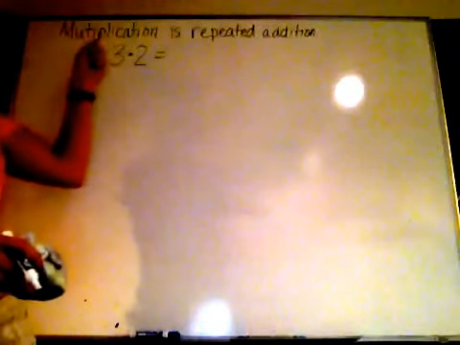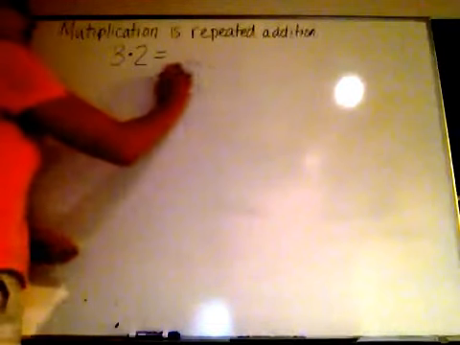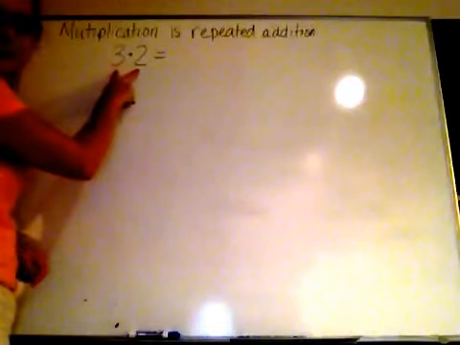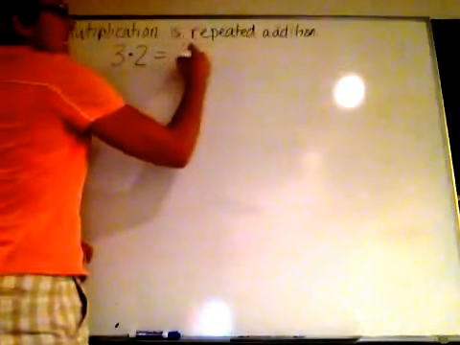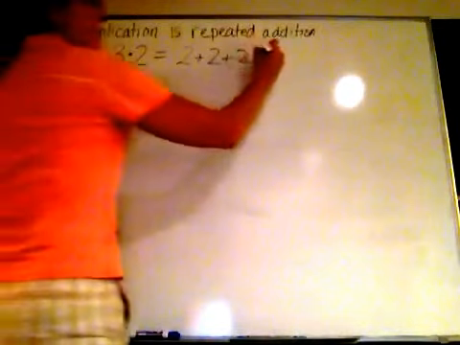All right, welcome to my basement for a lesson on order of operations. Before we start, we need to know that multiplication is repeated addition, and that will show us how come order of operations goes in the order that it does. Let's do the problem 3 times 2. We know that can be rewritten as 2 plus 2 plus 2, or 3 plus 3,